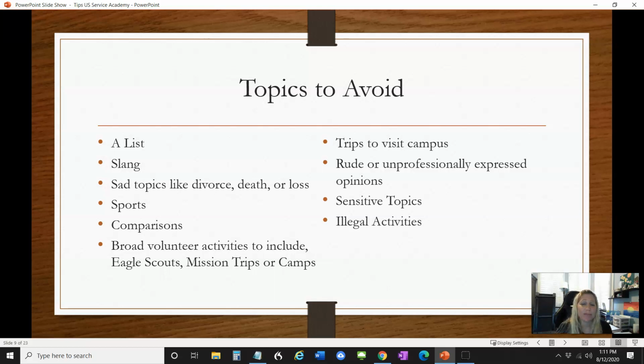Sports. Please, please, please do not write about your injury that you overcame. I know everybody wants to do it, but everyone does it, and that's the problem. Avoid writing about sports if you can. Now, there are good ways to talk about sports, and we'll talk about that in the topics to avoid. So you don't have to throw out sports completely, but don't talk about your injury that you overcame,